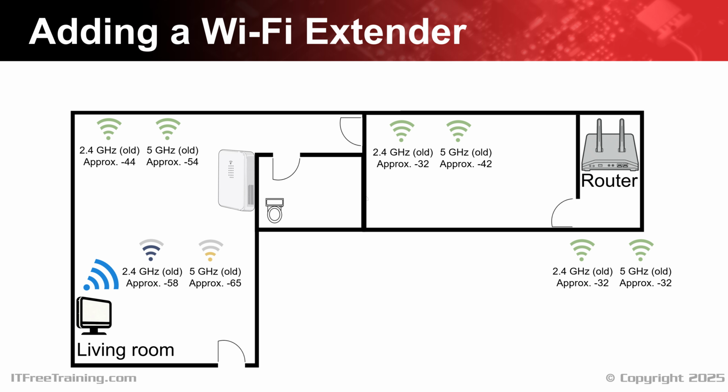Of interest is the reading I took near the Wi-Fi router. You will notice that the 2.4 GHz reading has gone down from -32 to -18. The reading should be similar to the original reading. It is possible there is just more Wi-Fi traffic than when I took the previous reading, or maybe I just got a poor reading the last time. It goes to show the readings may fluctuate, so don't be concerned if you get different readings from the same place, unless they are significantly different.